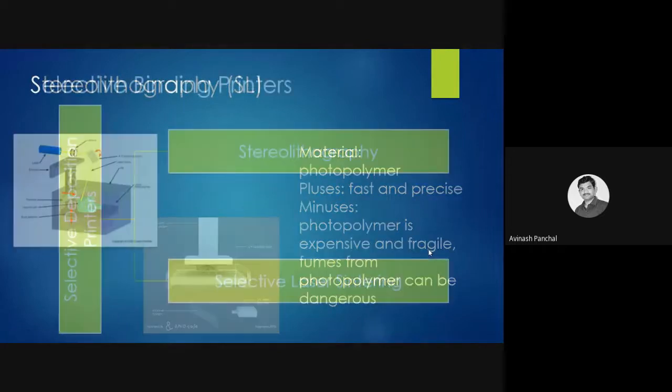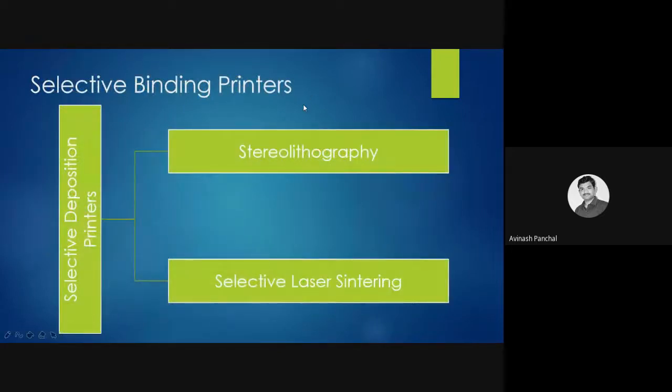we were here. Selective binding printers. Okay, so in selective binding printers, we can see over here the stereolithography is one of the options, and the second one is selective laser sintering.